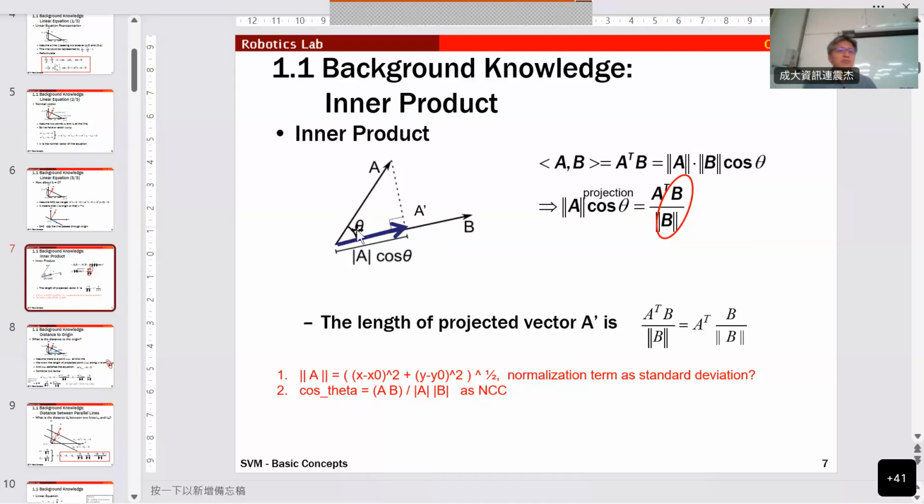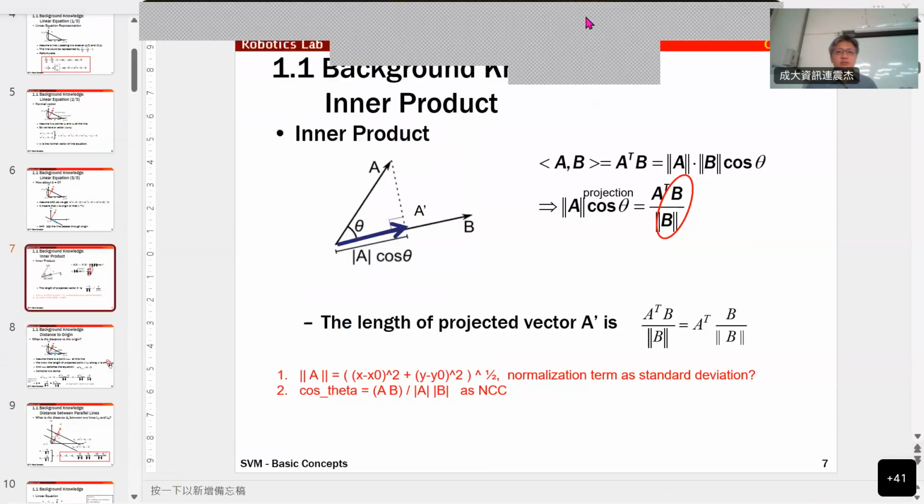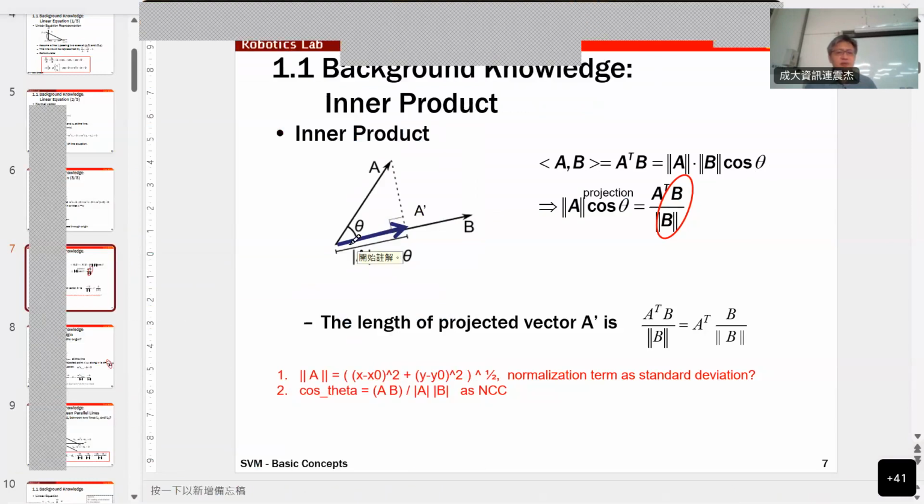So, meaning the same: if theta is bigger, A projected onto B will become smaller. You probably roughly know this, but I'll explain it anyway. If the angle theta is smaller, it means A projects strongly onto B and they have a strong correlation. If theta is bigger, up to 90 degrees, the projection equals 0. There's no relationship. So the cosine theta